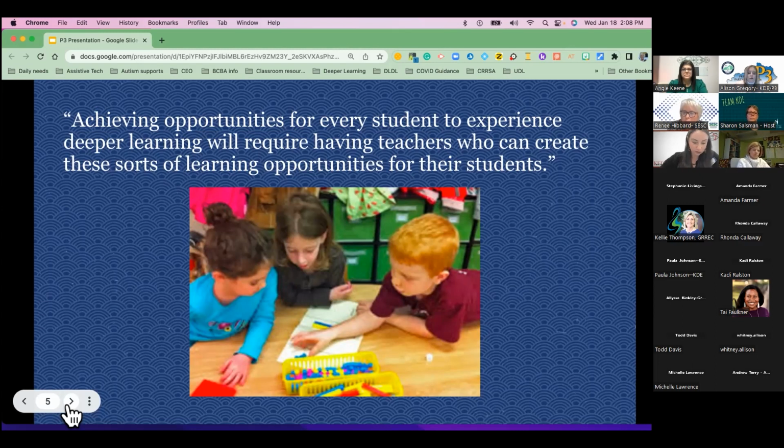We may have to build that environment for all the learners, including the teachers. Deeper learning doesn't just happen by accident. We have to establish that environment. As leaders, we have to design the opportunities for teachers to experience the same deeper learning competencies. To do that, we must create opportunities for the teachers to lead in schools.